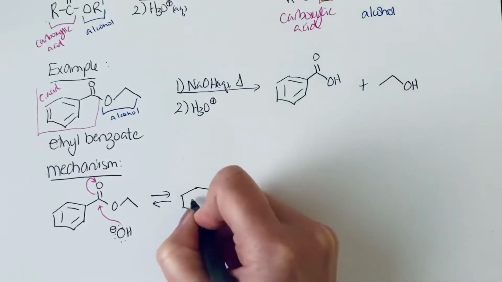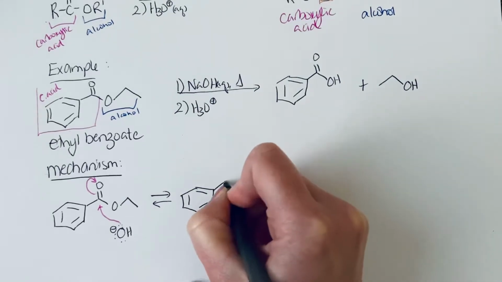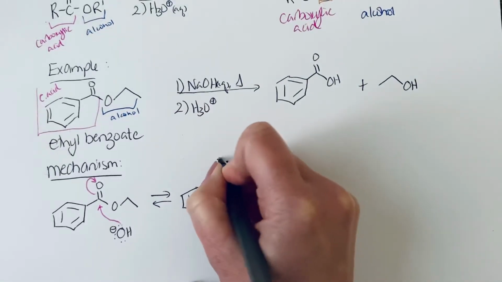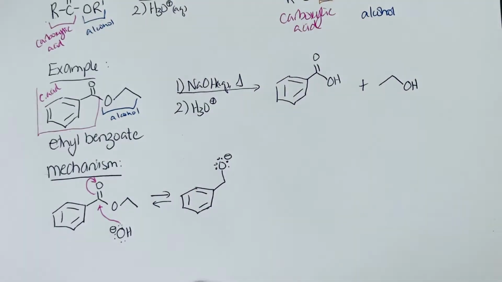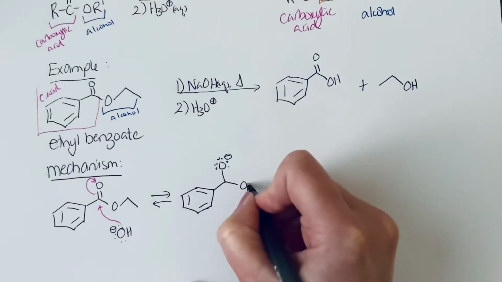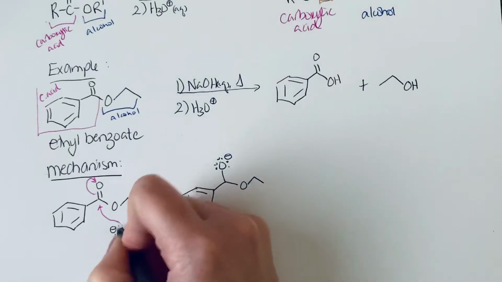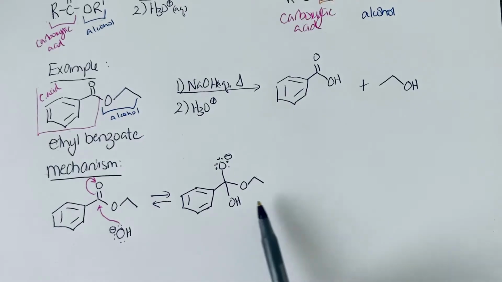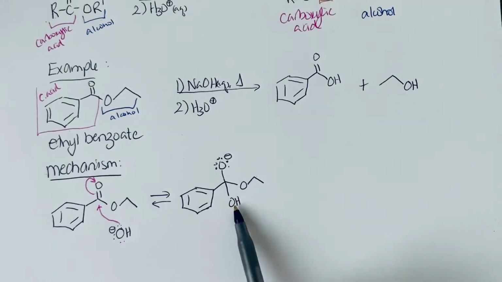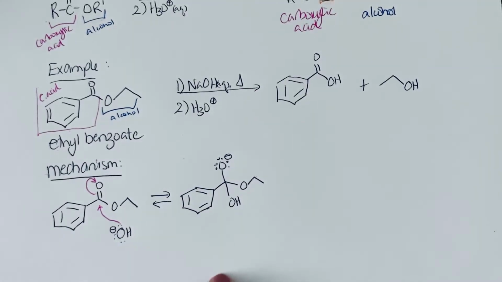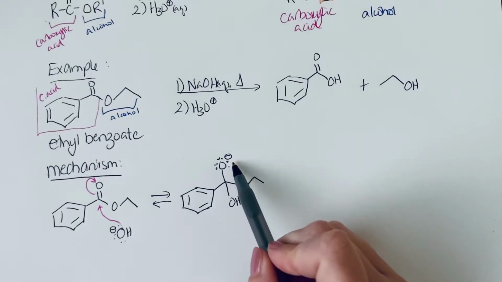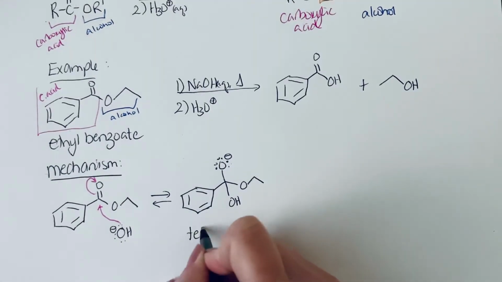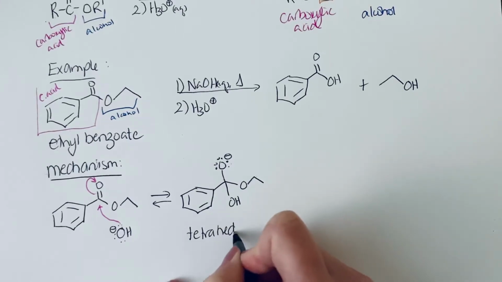Okay, and let's look at the tetrahedral intermediate to see why that is the case. We've got that negatively charged oxygen, you have the O ethyl group, and then you have the hydroxide that you added. And the reason why this is reversible and could go backwards is that the leaving group abilities of these two groups is approximately the same. But when we're drawing a mechanism, we're going to concentrate on drawing the reaction in the forward direction. So we are going to draw the reaction where this tetrahedral intermediate, so let's label this as a tetrahedral intermediate,